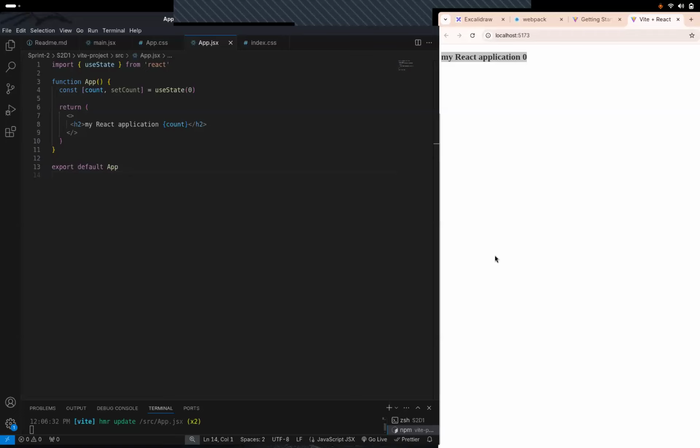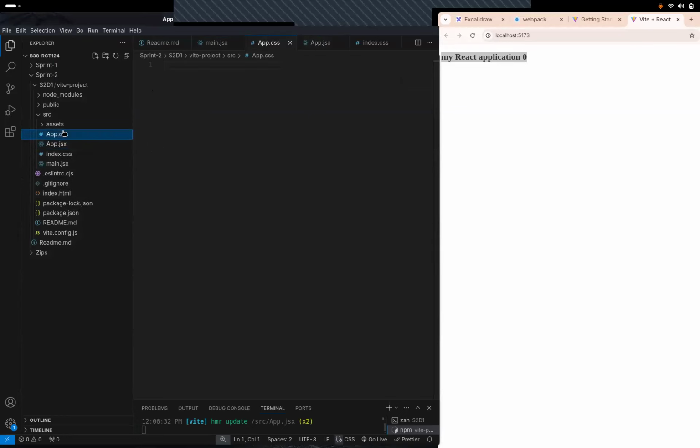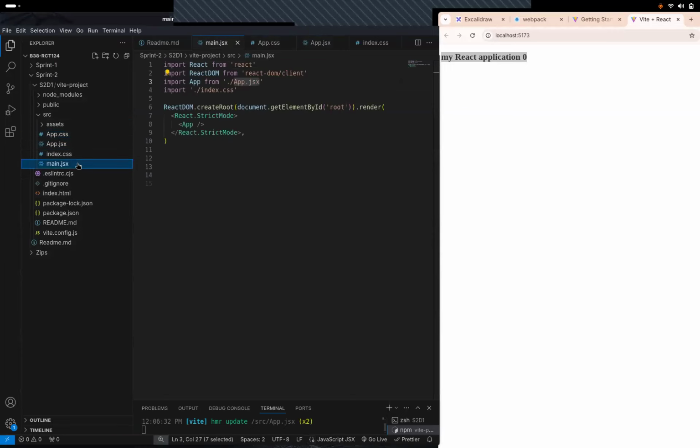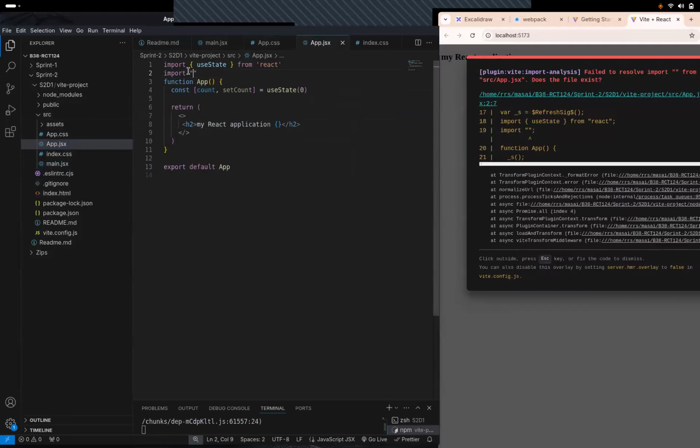All right. I have a doubt. We are not importing app.css in main.jsx. Then how is its style changing in the UI? Because index.css, app.css. Where is app.css? This one. So initially we were importing it, right? In app.js initially, here I have removed all the code, but you remember initially we had imported app.css.